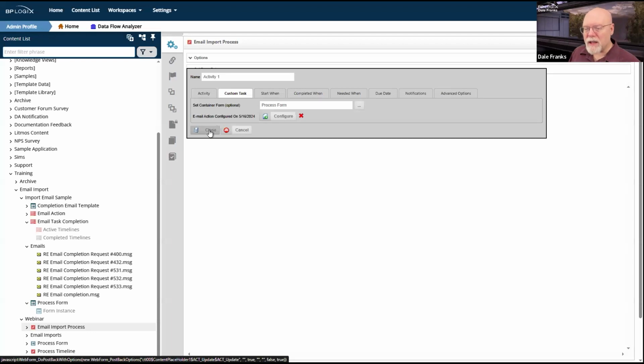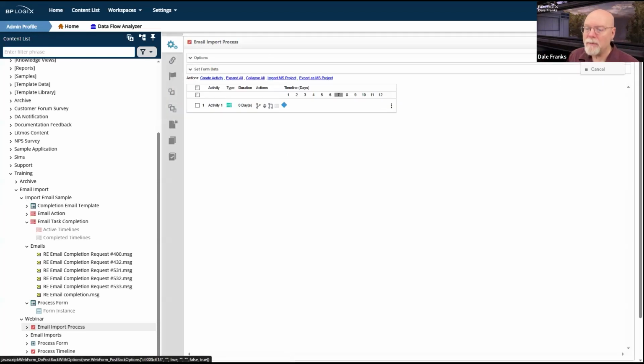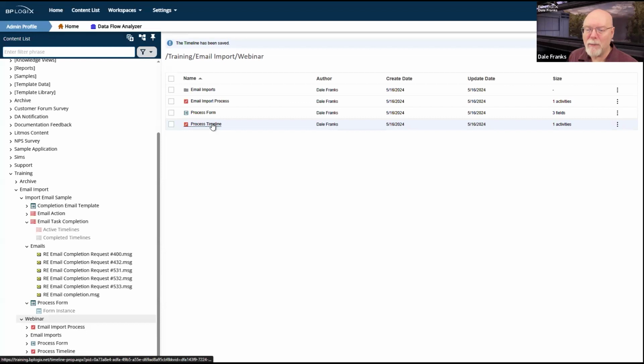You see, this won't work unless it knows what task it is supposed to be completing. Because remember, what's going to happen is emails are going to be imported into the email folder. When it gets imported into the email folder, it's going to kick off this email import process. Well, this process is not associated in any way with the actual process timeline that specifies what task is being performed.